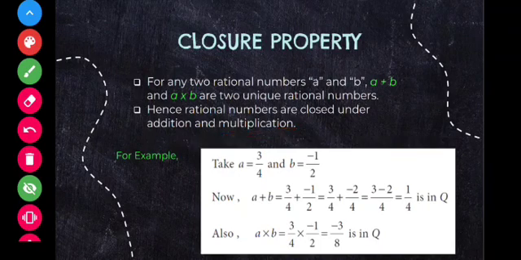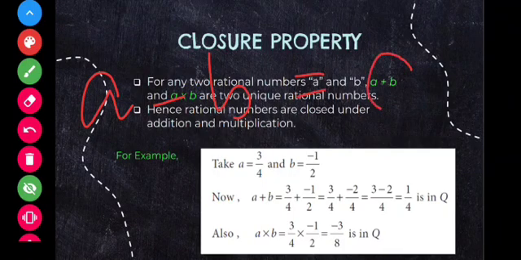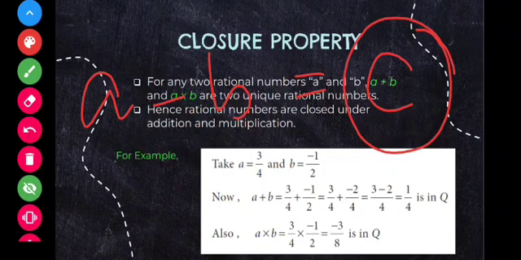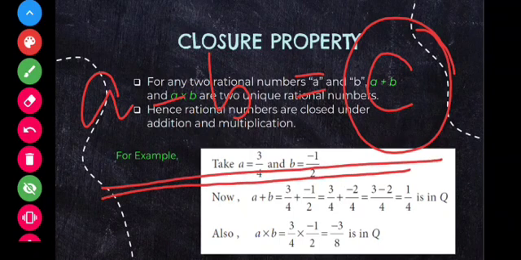We are not going to see any property for subtraction or division, because that is not there in your syllabus, but I am letting you try out the same properties for subtraction and division also. What if you have two rational numbers a and b and you subtract them and you get a rational number c? Will this be a rational number or not a rational number, or some other number? I'm leaving it for you to try. You can check this out on your own. Same goes for division also.